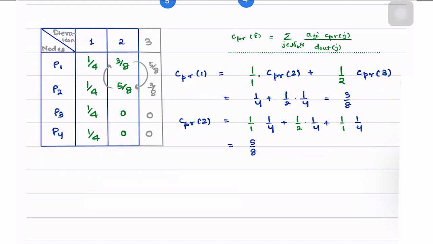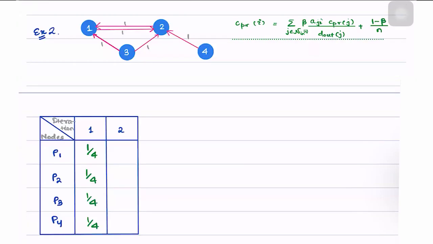So in the modified form, what would we get as centrality scores? Let's try to calculate that. Let us now consider the modified update rule of the PageRank centrality, given in this manner. Here, we consider beta as being equal to 0.5 without any loss of generality. And we have assigned the edge weights to be equal to 1 by 4 for all of them, again without loss of any generality. So now let us calculate the edge weights.